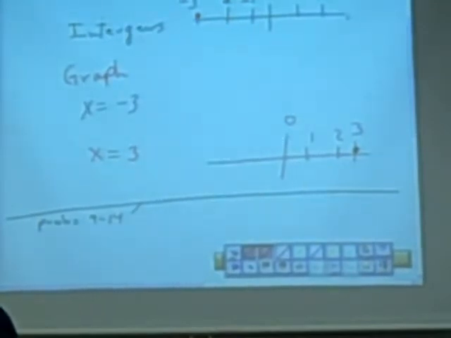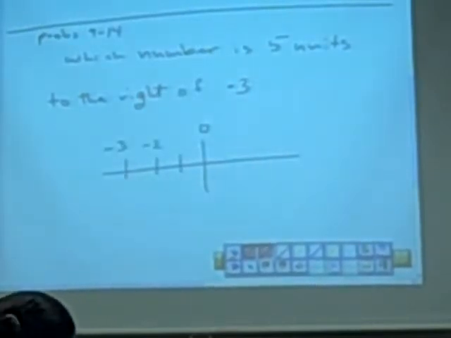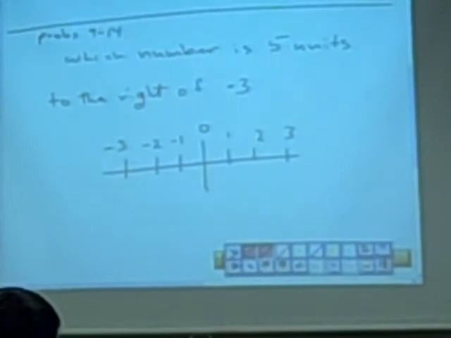We have, which number is 5 units to the right of -3. Okay, here's your number line. Here's -3, -1, 1, 2, 3. Now before we go any further,